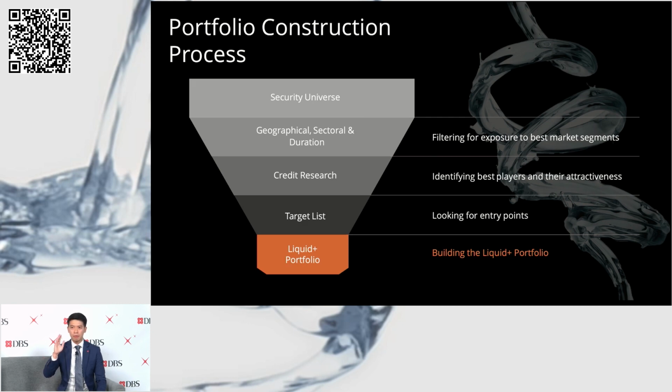Next, we then think about entry levels, when do we think is the best time to get into and exit the identified securities and progressively mold the shape of the whole Liquid Plus fund, the shape of the entire portfolio. The Liquid Plus fund has in excess of 150 single line bonds spread across various industries and countries. This, we believe, is the optimal approach to harnessing and harvesting alpha or incremental returns for our clients, and at the same time ensure that the portfolio is resilient.